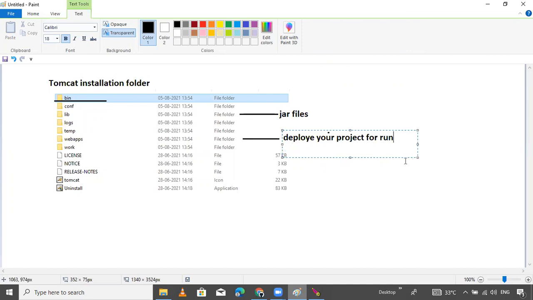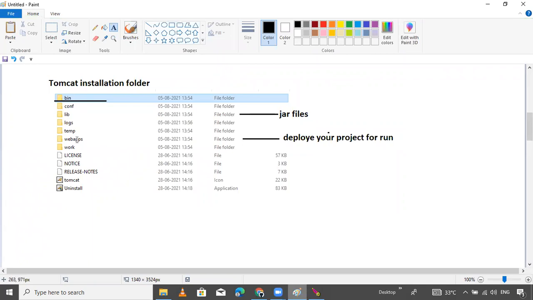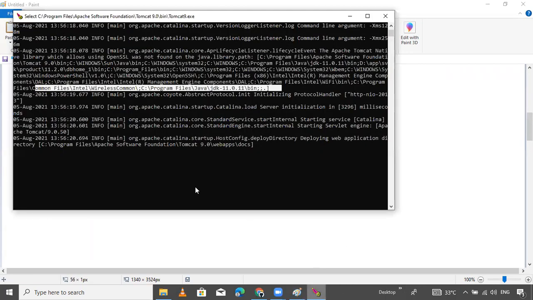The webapps folder is the important folder. We are working in these three folders.